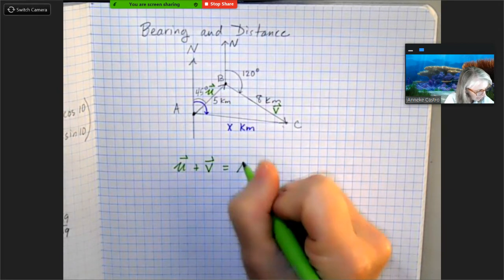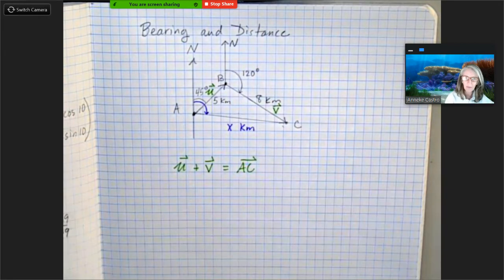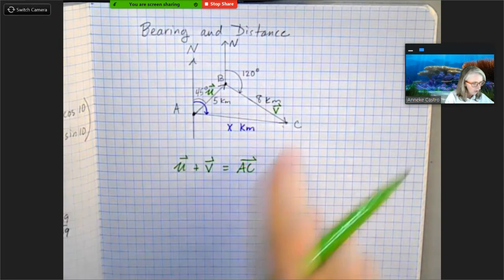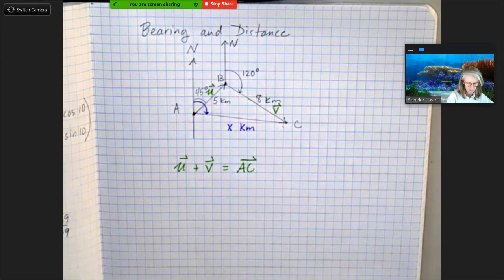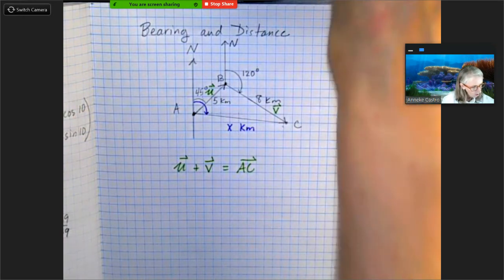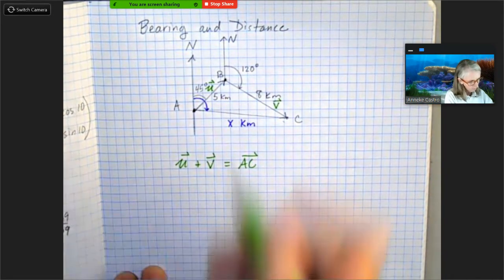That would give me AC, vector AC. And then I could also find the magnitude of AC to get this length. Okay, so let's go ahead and change these into component form. To change it into component form, I'm going to start just with this one right here with my vector